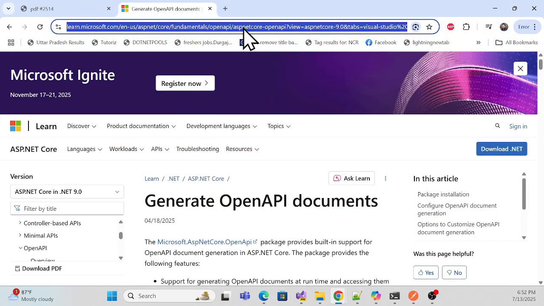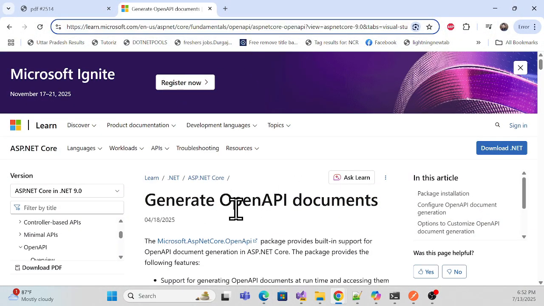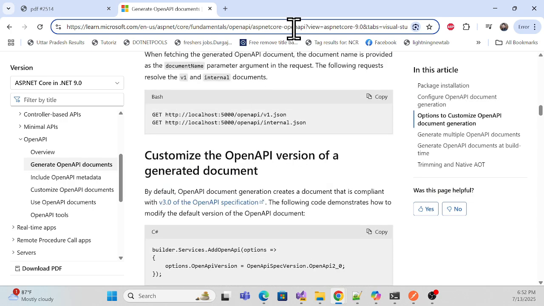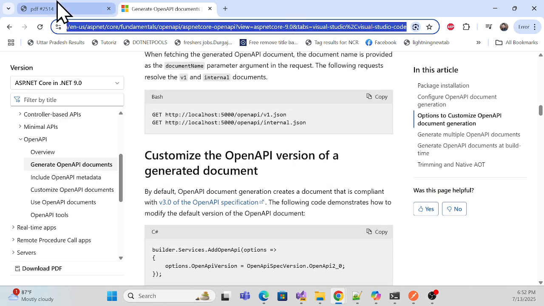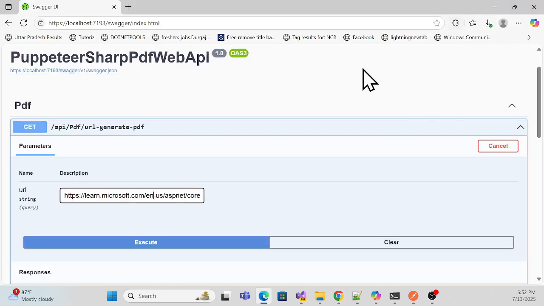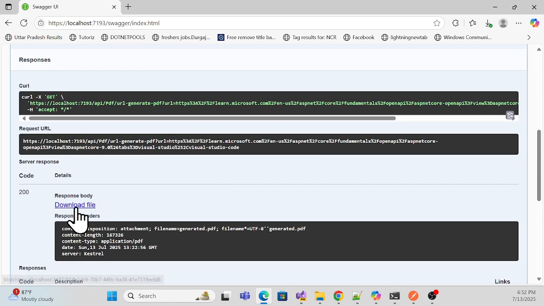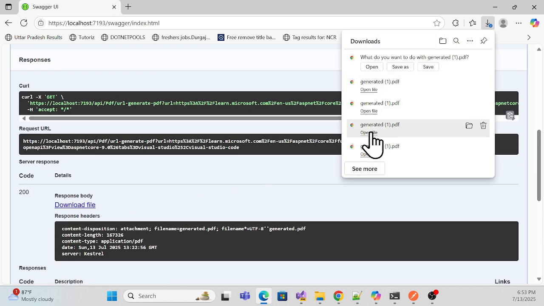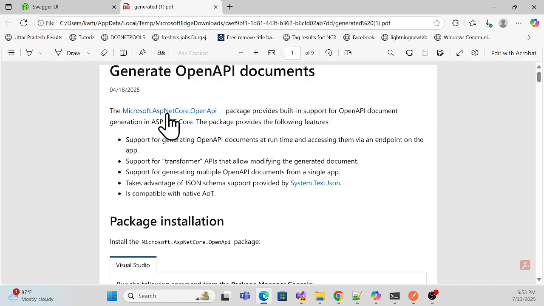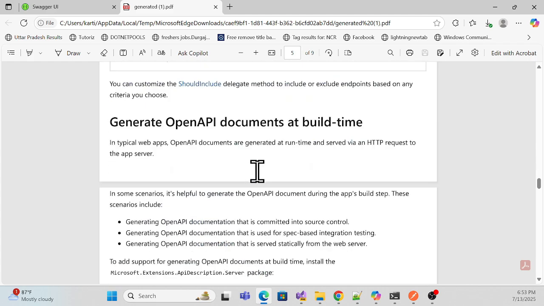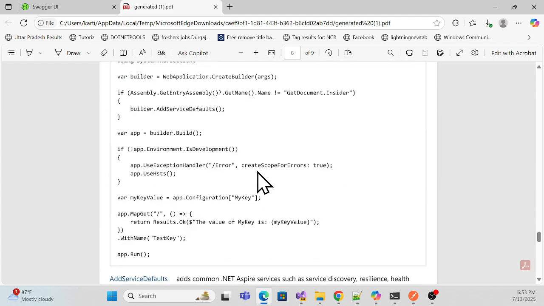See, this is one of the Microsoft documents, which can generate OpenAPI and all, right? So I can simply copy this URL, go back here, pass it in, and execute. Once you execute, it generates this PDF, and I download and open it. Now see, the same OpenAPI document is available as a PDF, right? How easy it is to generate, right? So this is a very powerful